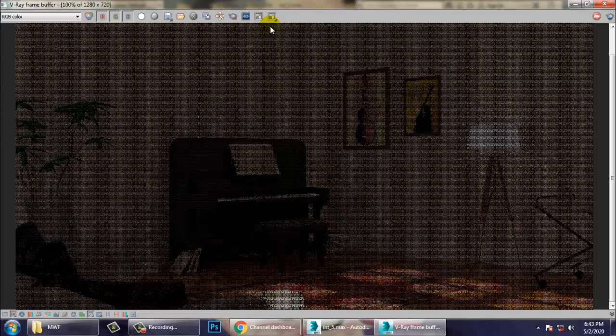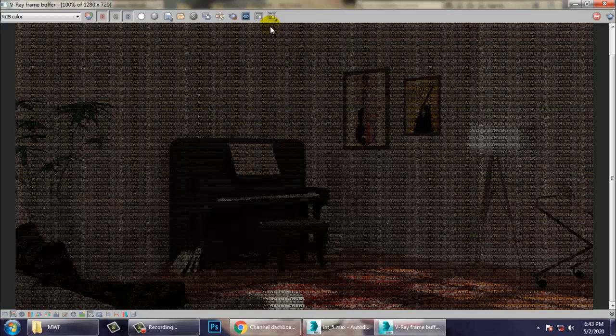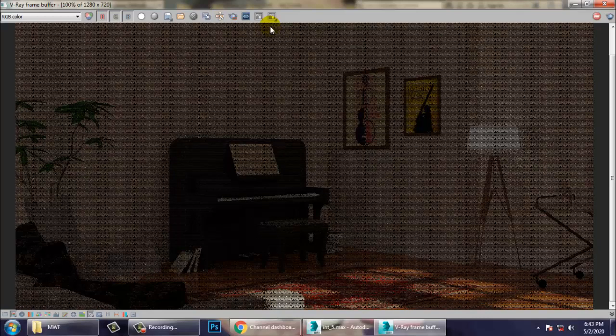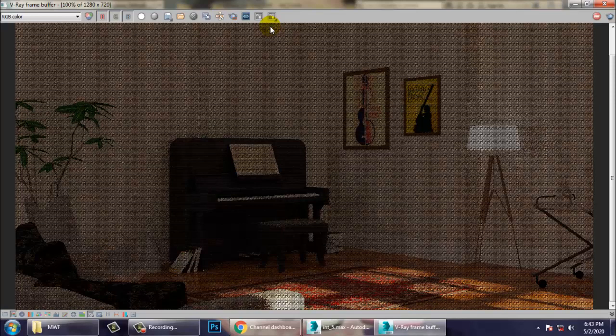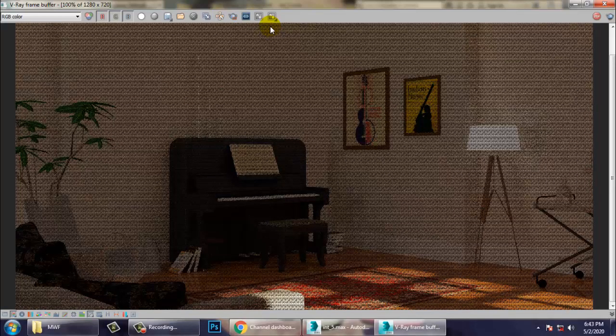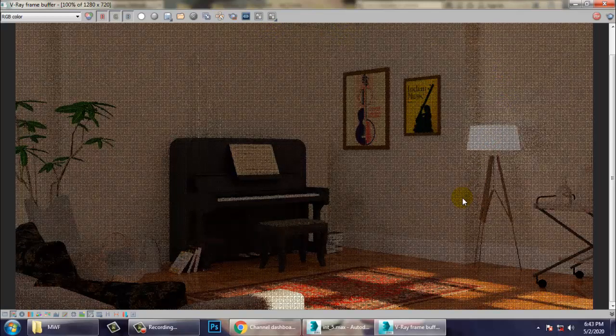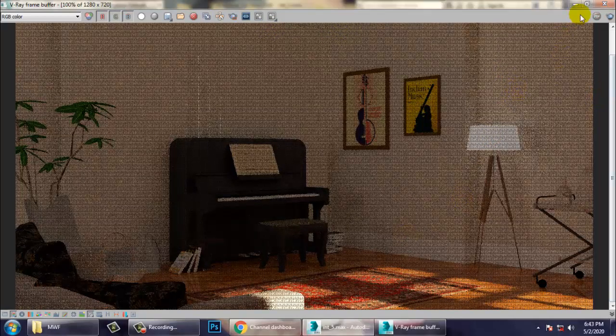So I have just added a V-Ray volume fog over here. Okay, sorry, the environmental fog. So we can just turn this off.